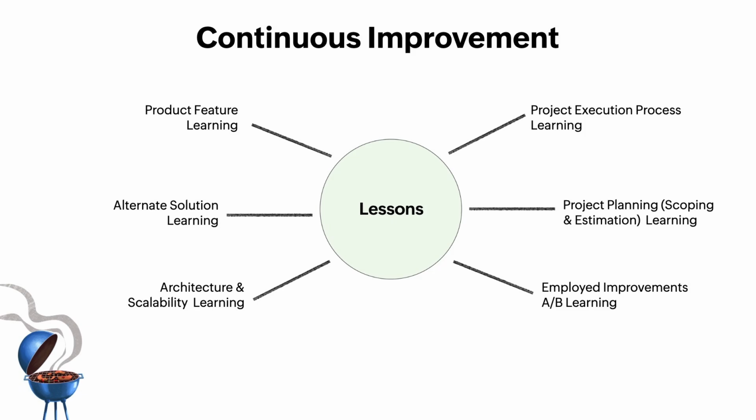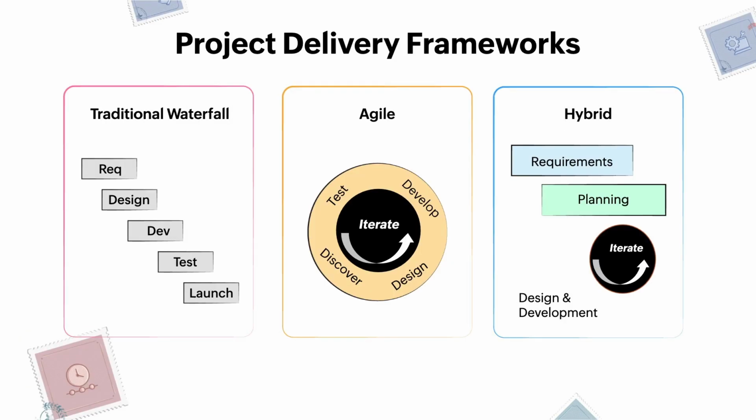Good. All right, perfect. When you talk about project delivery frameworks, like I mentioned earlier, we have traditional waterfall development, more along the lines of that iron triangle, where we have our requirements phase. We then design the entire application. We go into developing it, testing it, and then launching it. This framework is really good for smaller projects, less scope, because we can just iterate and go through. And then for agile and hybrid development, we're going to